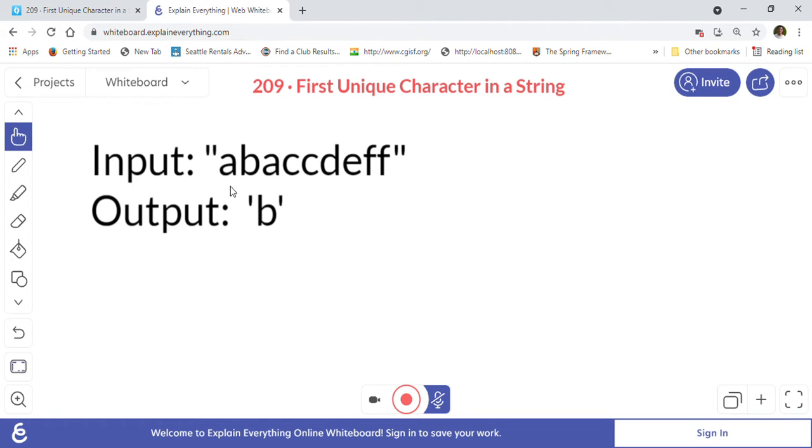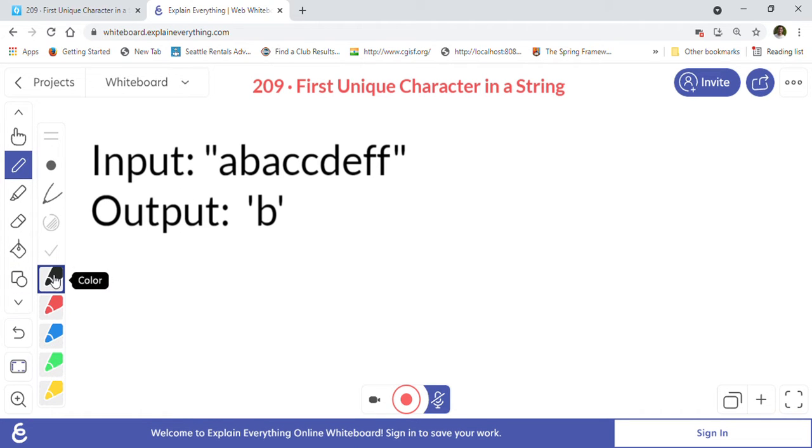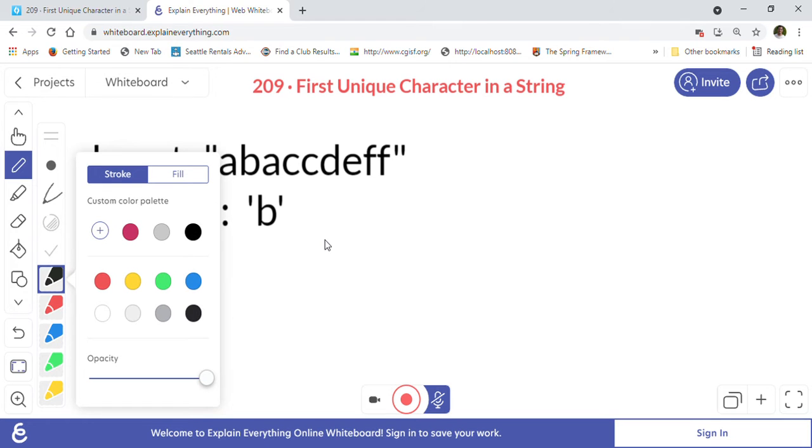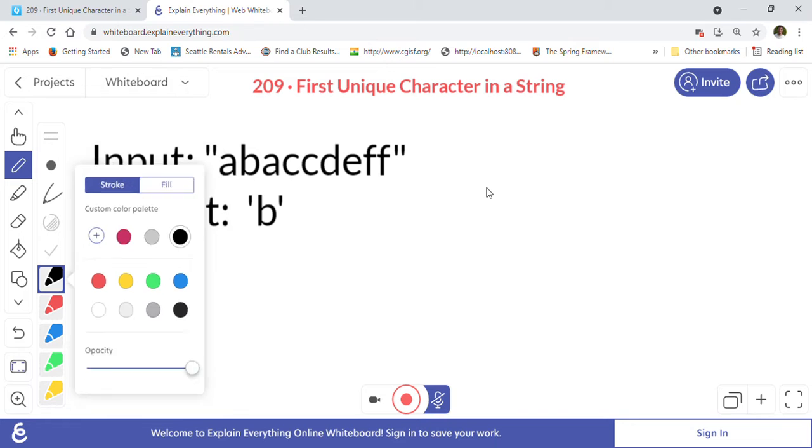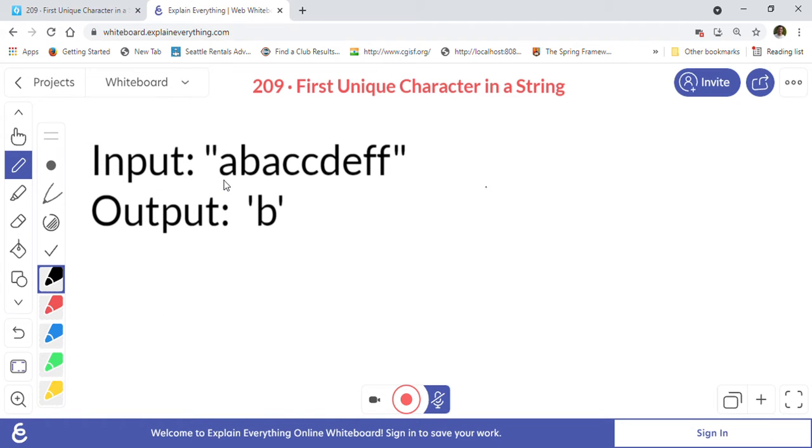So this is our string that is given to us. We will go through the string and we will create an array basically. As you see, we will increment the frequency of the character in the array, right?